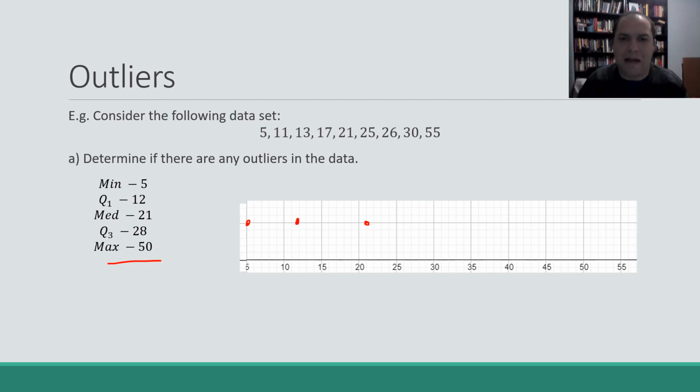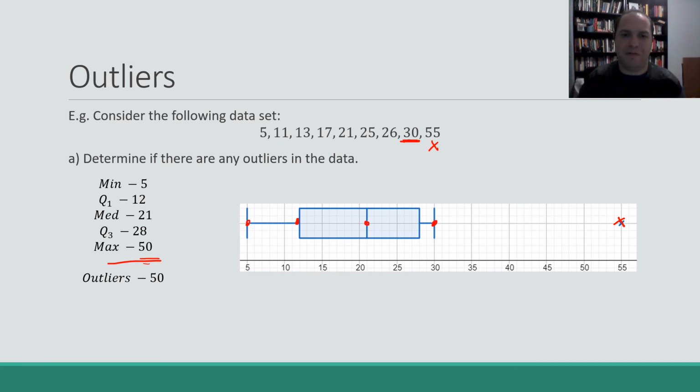Now, at this point, our maximum, our score of 55, we just saw on the last page that that was an outlier. So what we're going to do is up at 55, I'm going to put a cross, right? You could put a circle, you can put just a single dot on its own. I like to use crosses because it just means it's less confusing when doing my sketch. So I'll put a cross at 55, and the box plot will now end at 30. So that 55 is a cross, 30 is within my range, that one's not an outlier, so my box plot should finish there. And drawing that neatly,